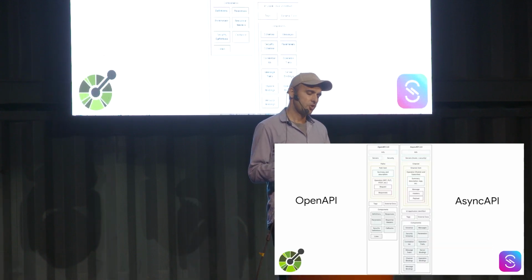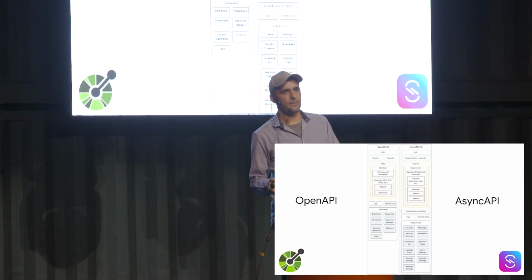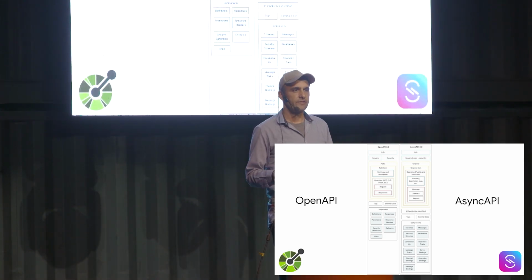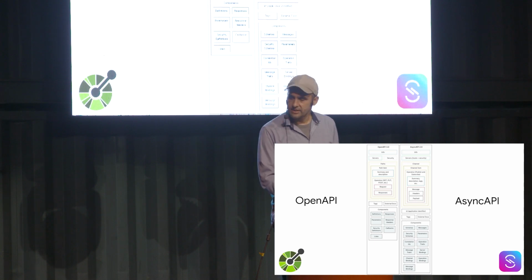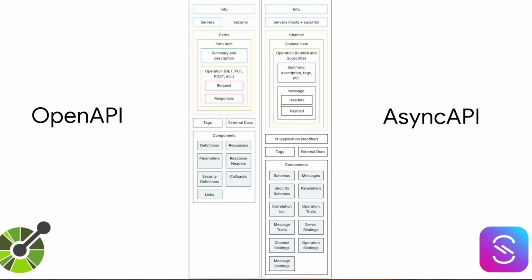And as soon as I show this to people, people start comparing AsyncAPI to OpenAPI and what are the differences. I know this is probably hard to see, but in OpenAPI, you usually talk about paths, right? Because it's path-based protocol. And then you talk about operations on those paths. And the operations are typically HTTP operations, get, put, post, with requests and responses. So that's why in an OpenAPI you have your paths, you have your operations, and then you have your components where you define what these operations look like.